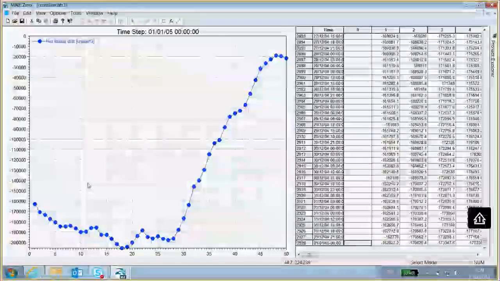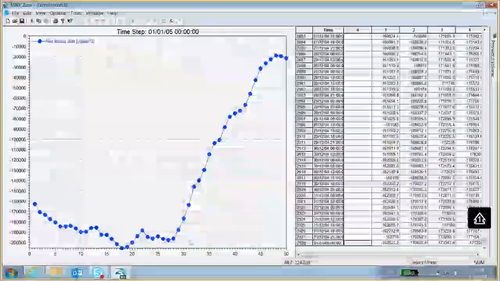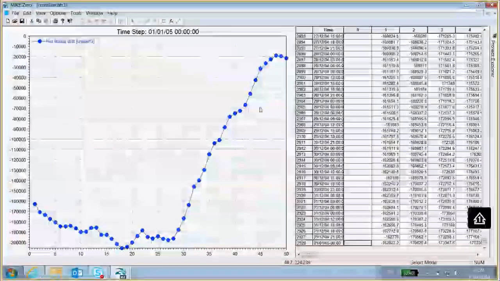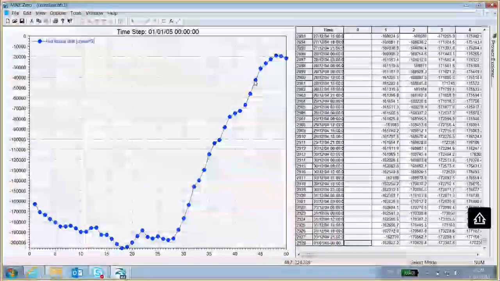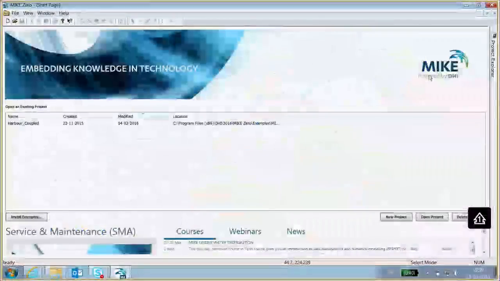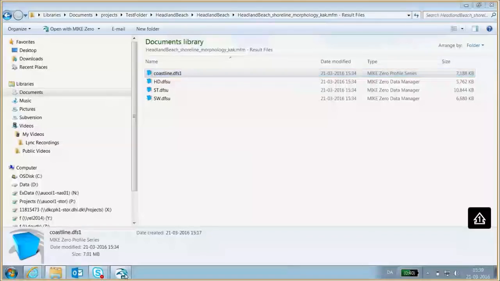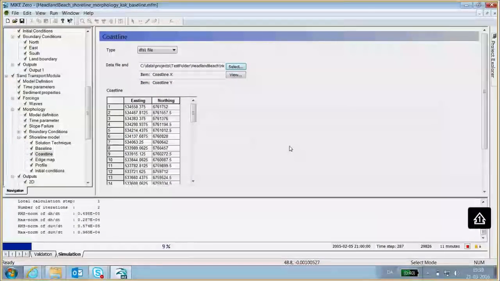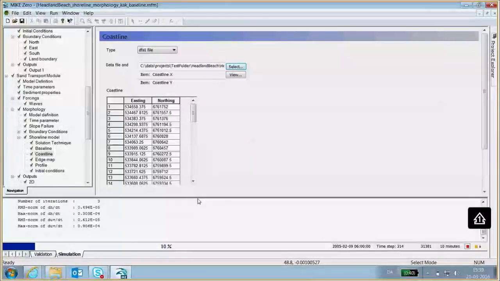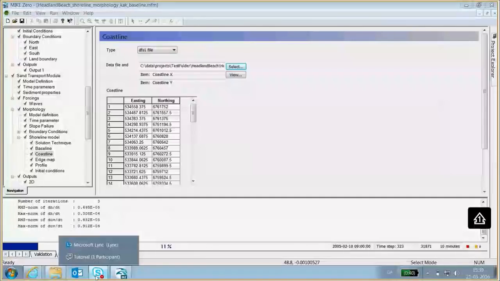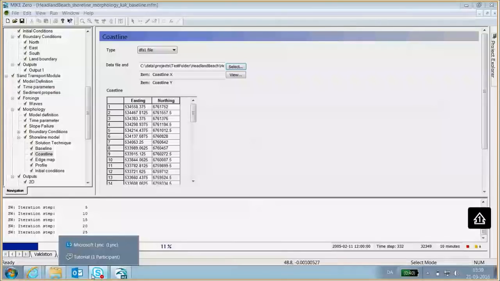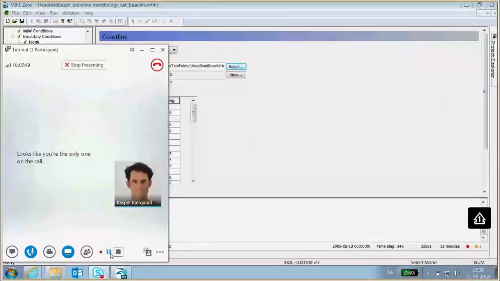So once our baseline simulation is done, we're going to implement a protective measure that can try to mitigate some of the erosion that is happening on this southern end of the beach. But first, we would like our baseline simulation to be done, so that will be done in 11 minutes. And of course, we're not going to wait in the tutorial for that. So I'll just see you in 11 minutes.